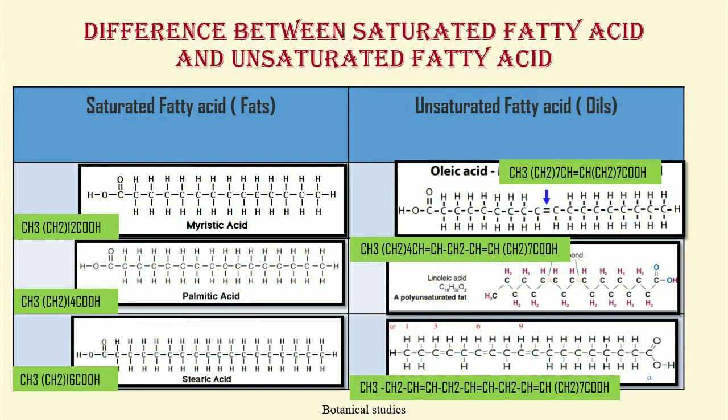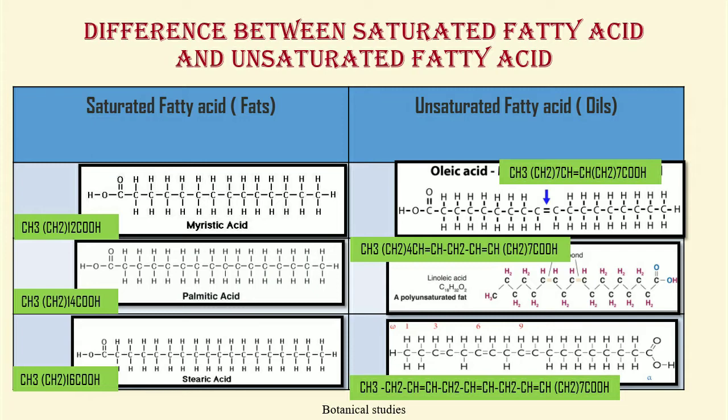Myristic acid, palmitic acid, and stearic acid are examples of saturated fatty acids, while oleic acid, linoleic acid, and linolenic acid are examples of unsaturated fatty acids. Myristic acid has the chemical formula CH3(CH2)12COOH. Palmitic acid has the chemical formula CH3(CH2)14COOH, while stearic acid has the chemical formula